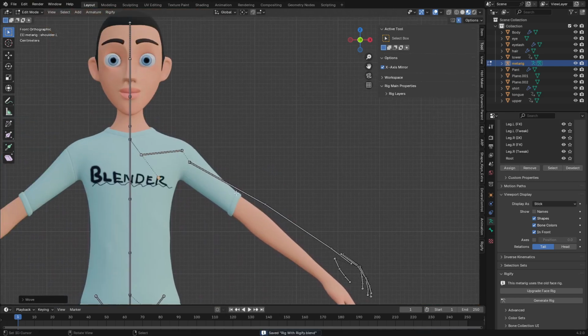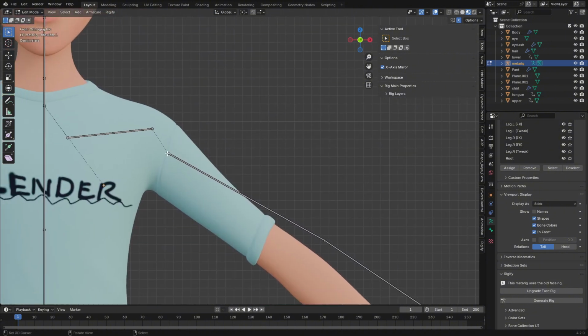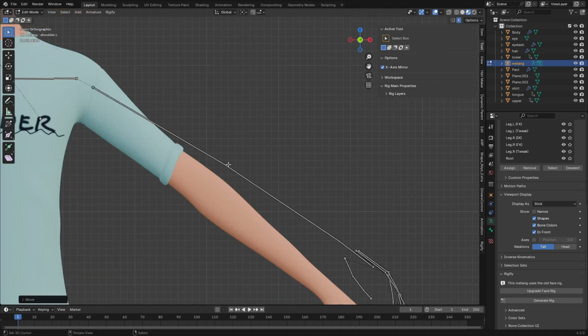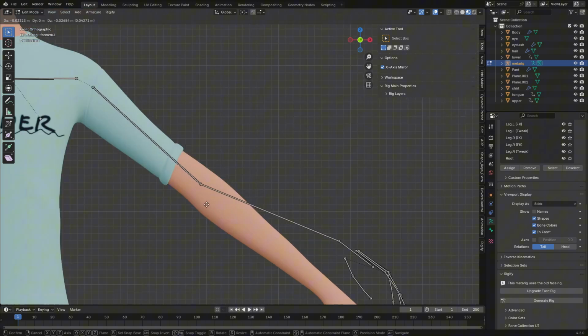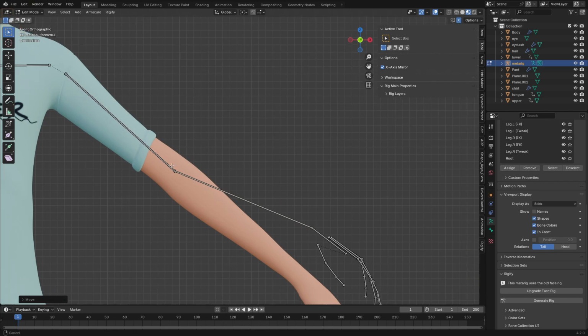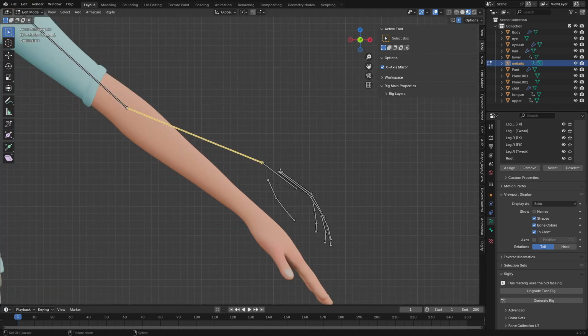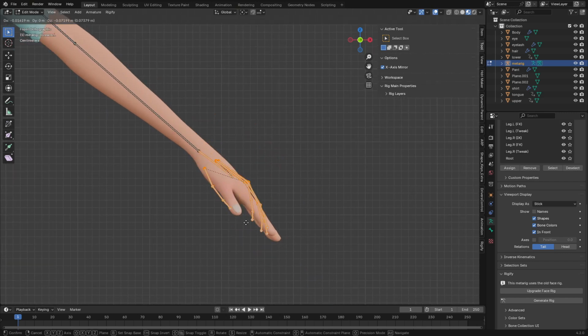Now let's align the arms. There's the forearm, they're supposed to be here. Let me bring this one, and there's the elbow to here, forearm. There's the upper arm and there's the forearm, and this goes to the wrist. For the wrist, I'll use B for box select, select plus the fingers, and I'll move it to this side